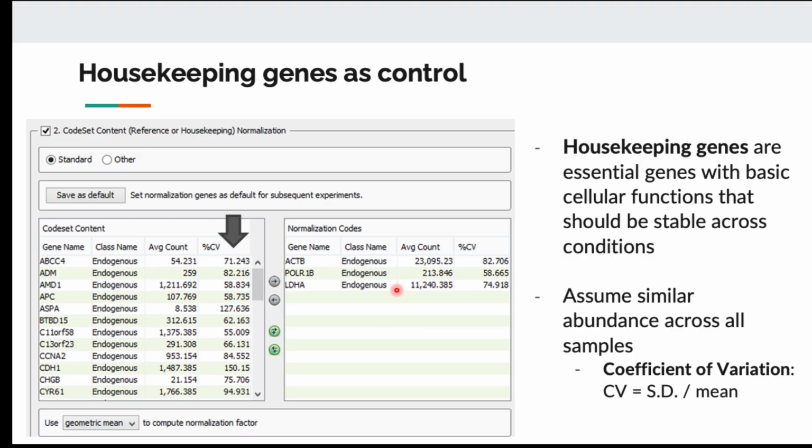Because this gene shouldn't change, if you have a good measurement, this gene should be equal across all samples. But the fact that they might not be equal, they might be high and low, means that your different samples might have some bias. Some might be high, some might be low, just because of the technical problem. So they're going to use the stability or the heterogeneity of the expression level of housekeeping gene also as